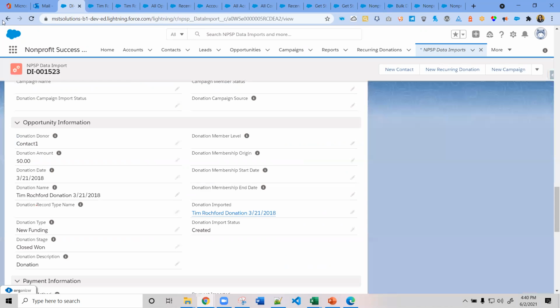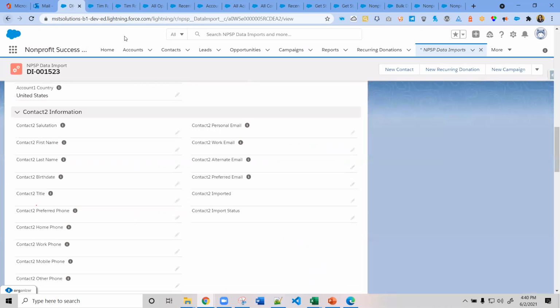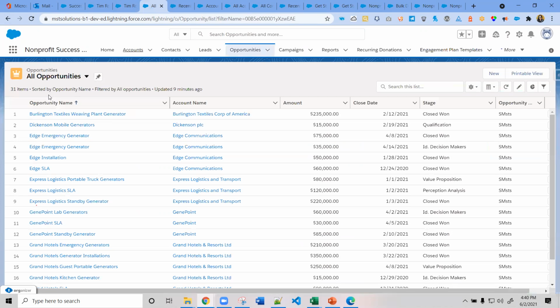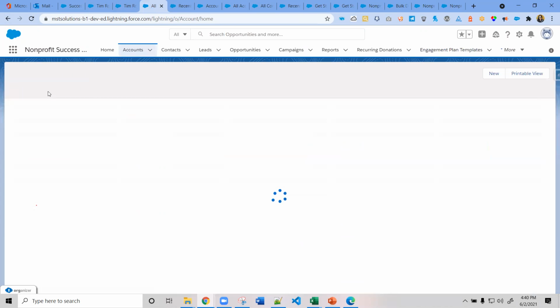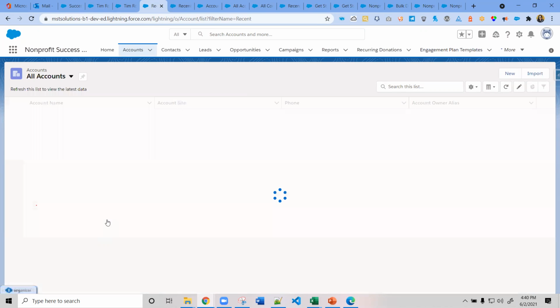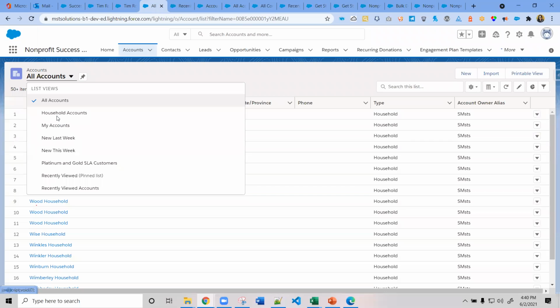And in the list view, if you navigate through the account, here you can see all the household accounts, and by default it will create the list view here also.